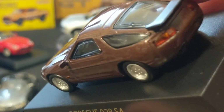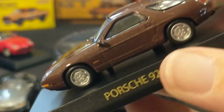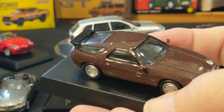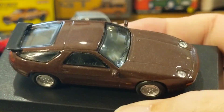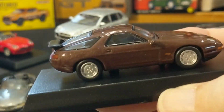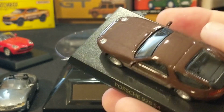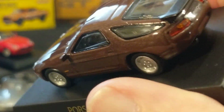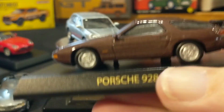And again, a basic black Kyosho interior that could use some accent colors. If instead of being black, the seats were beige with a black dashboard and black steering wheel, sort of like some of the other premium models, like TLV, where they'll do some interior details that you can see. But this is beautiful, and these